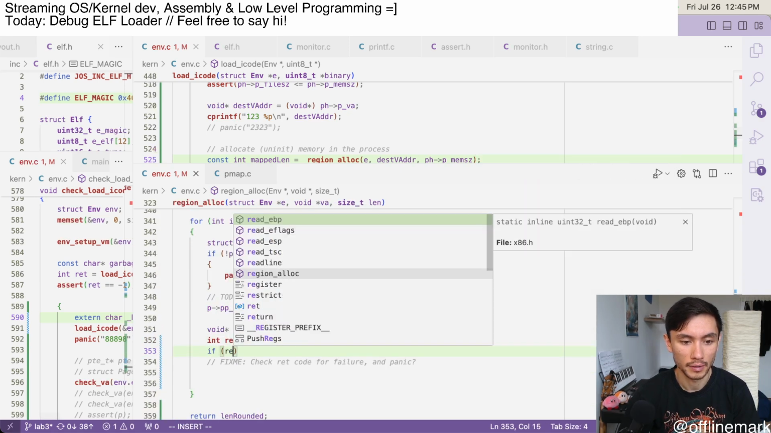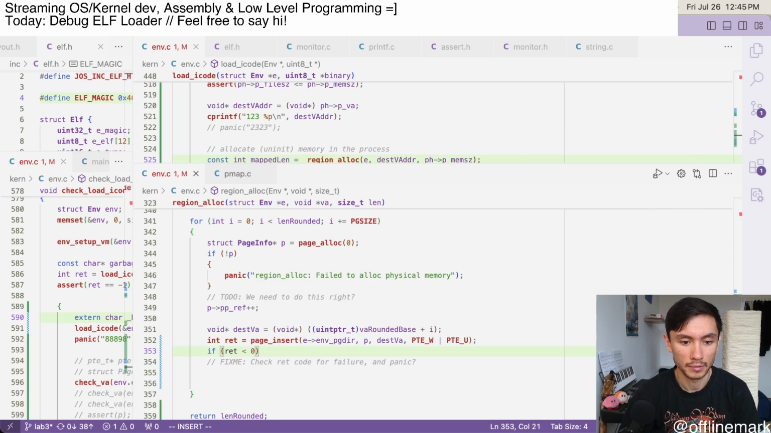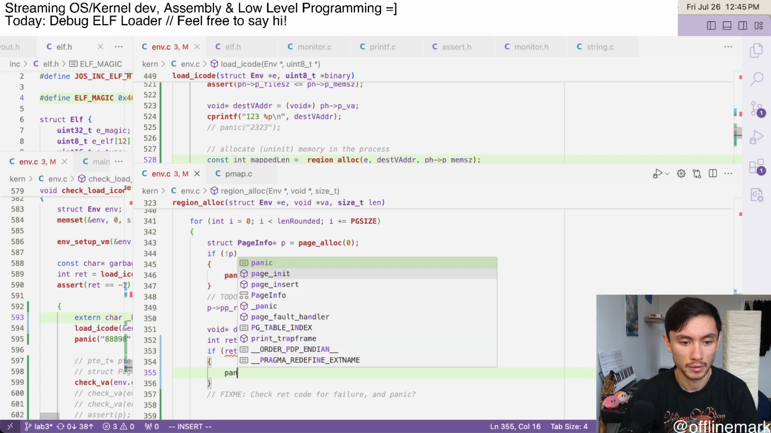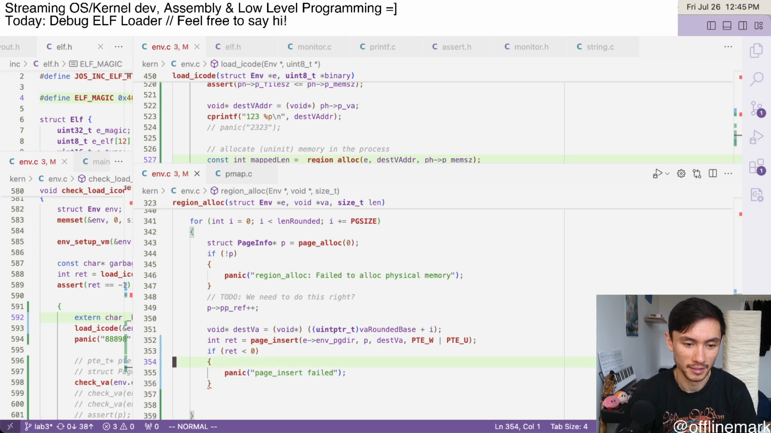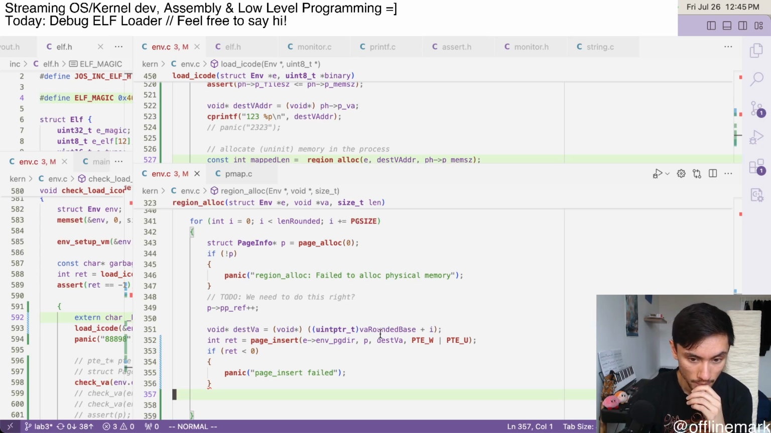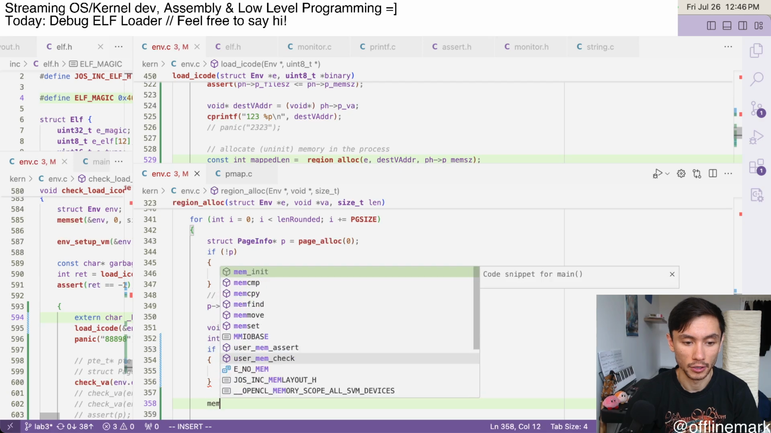Okay, if ret less than 0, panic. Failed. Okay. Not accumulating technical debt. So let's say page insert succeeds. All it does, it just operates on one page at a time. And so,